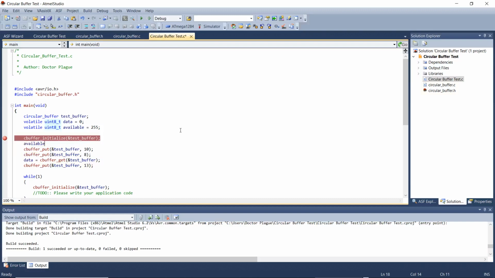And let's just check for any available data right here. And I'll just copy this and place it after every line of test code.